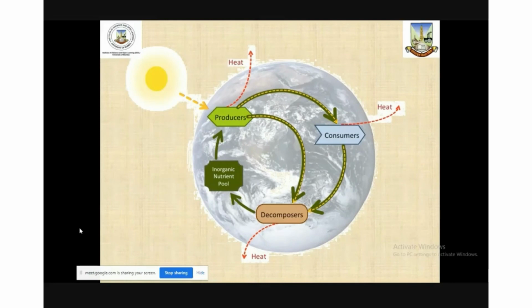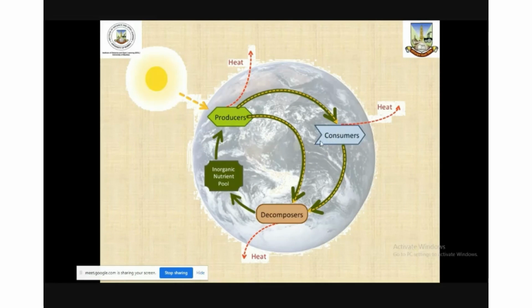Now, this slide will help us understand the interaction within the ecosphere. If we talk about the ecosphere, sunlight is the major source of energy on this planet, and the sunlight is used by plants or producers to produce their own food, and the energy is transferred into the tissues of plants, and some amount of energy is released into the atmosphere in the form of heat. Now, the energy that is captured by the plants enters into the ecosystem, and